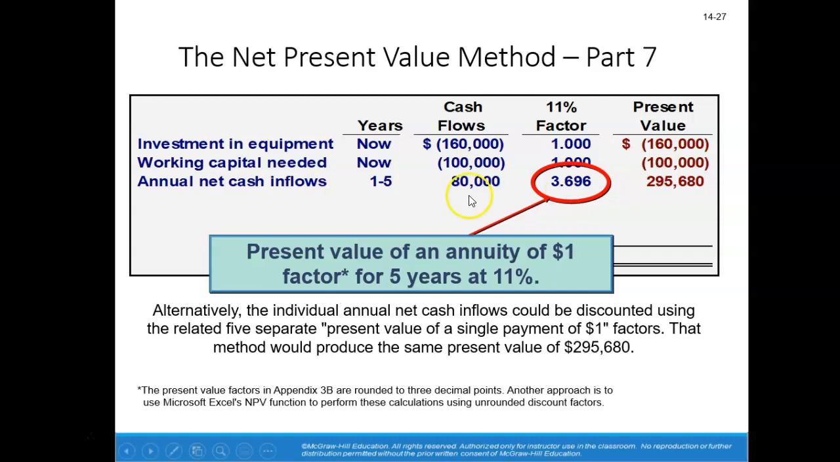We're saying $80,000 received each year over the next 5 years at a discount rate of 11% is equal to $295,680 today. Say it again, I will. We're saying $80,000 received each year for the next 5 years at a discount rate of 11% has a current present value of